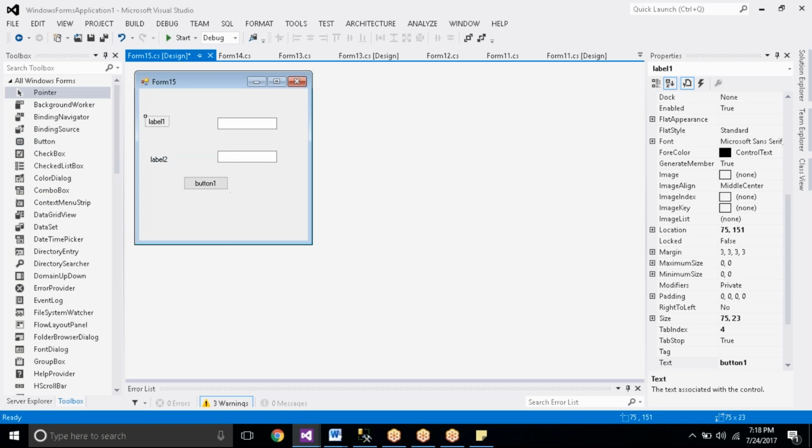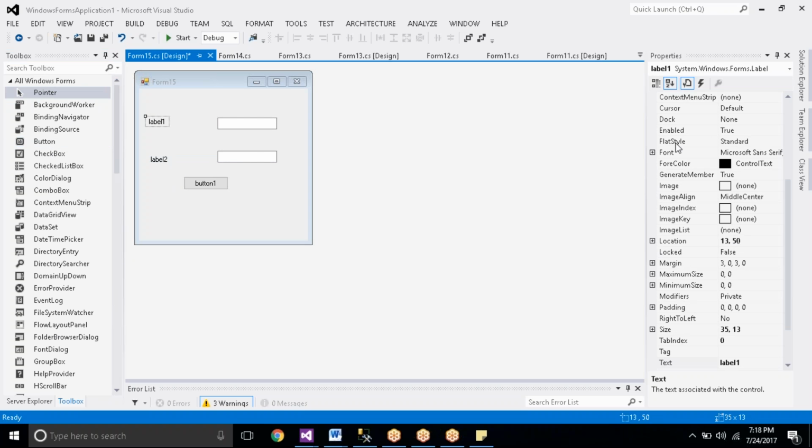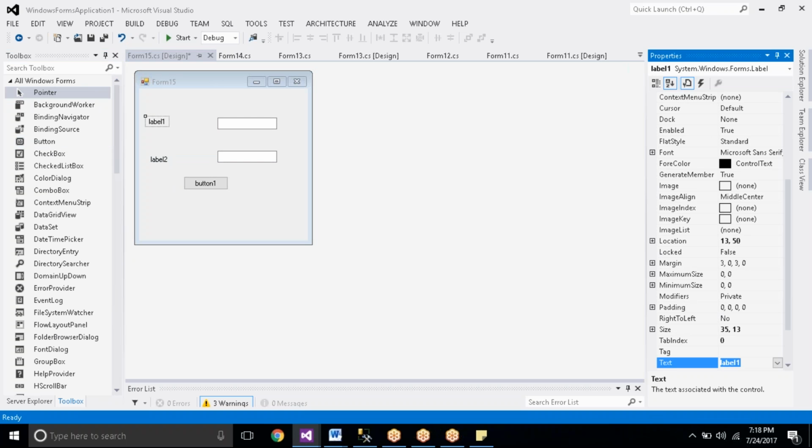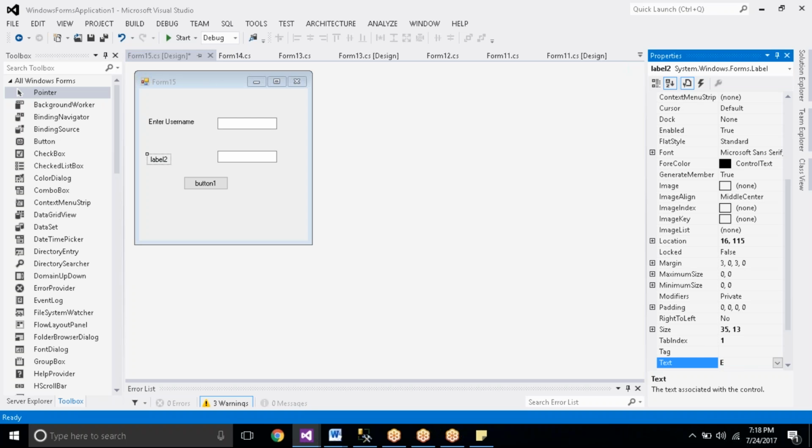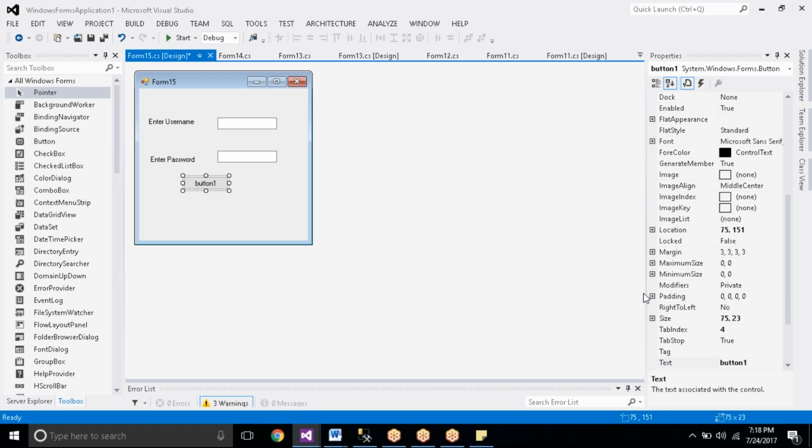Now I'm changing the names of the labels. Enter username. And the next one, enter password. Now finally the button is login.